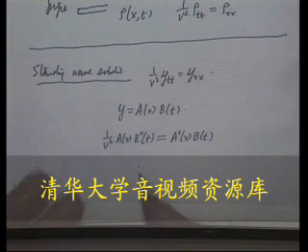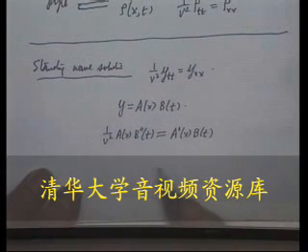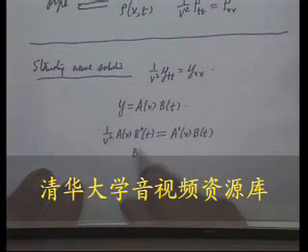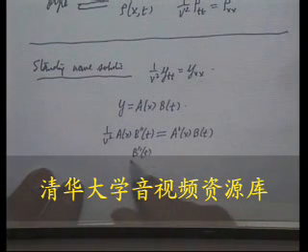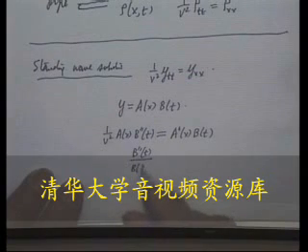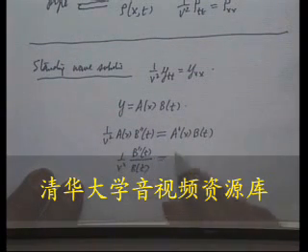So we move everything that depends on t to one side. So we get b_tt divided by b of t times 1 over v squared is equal to a